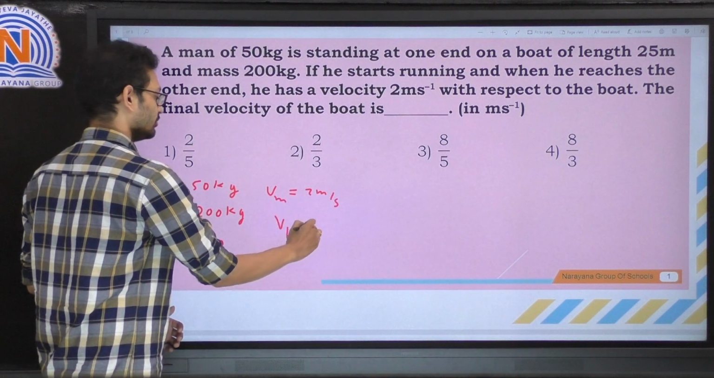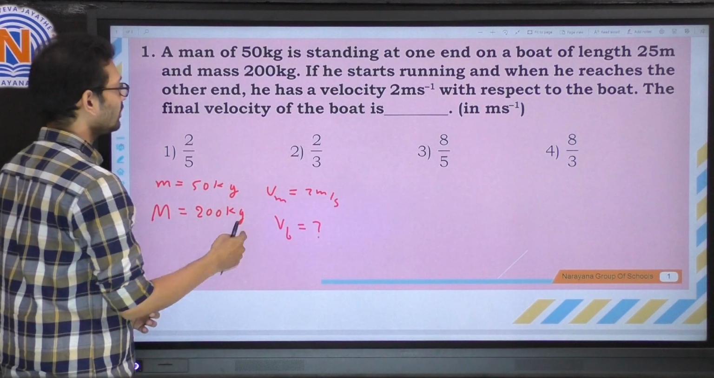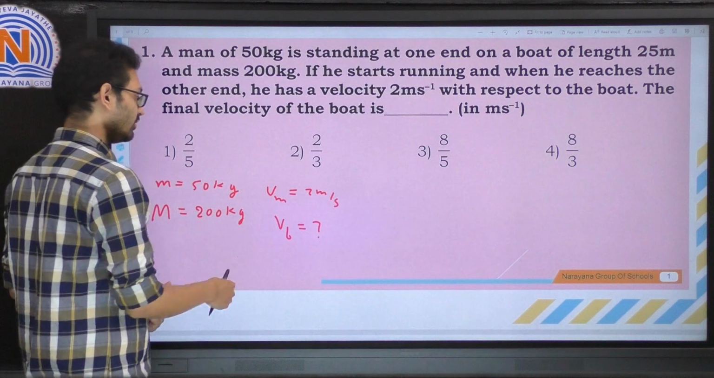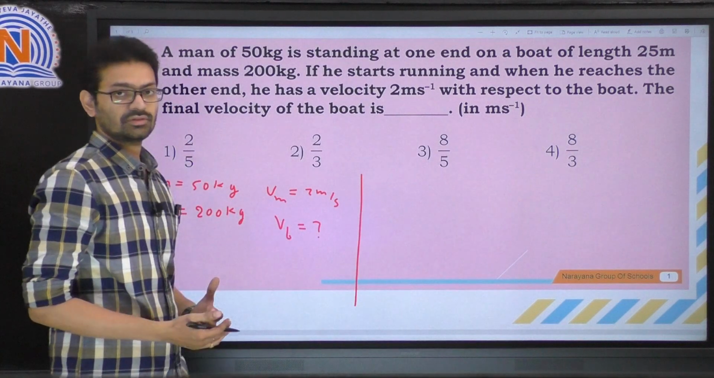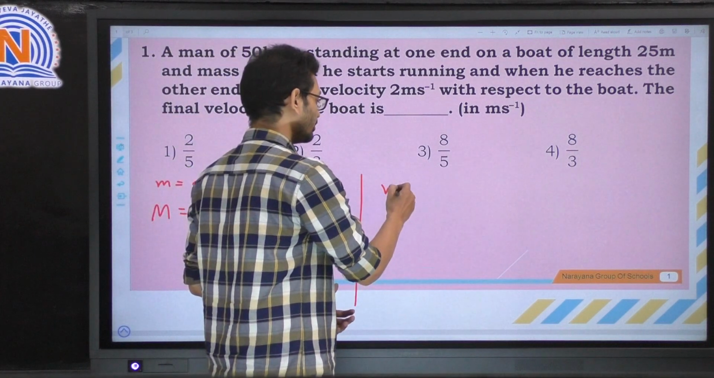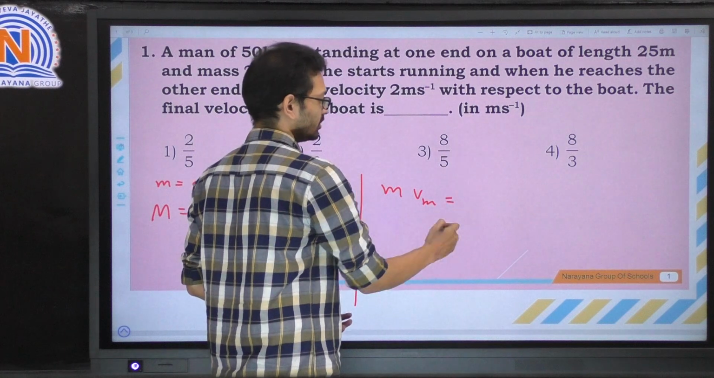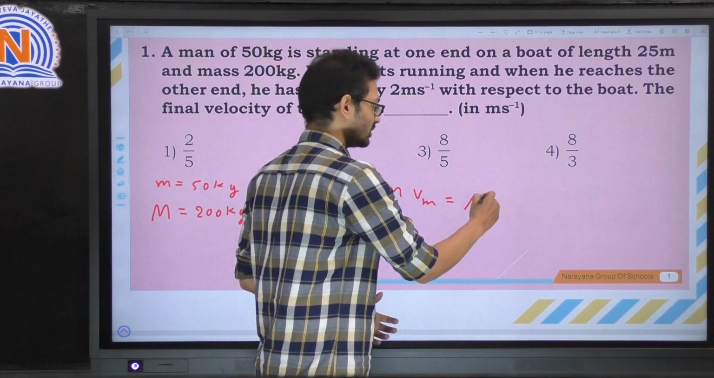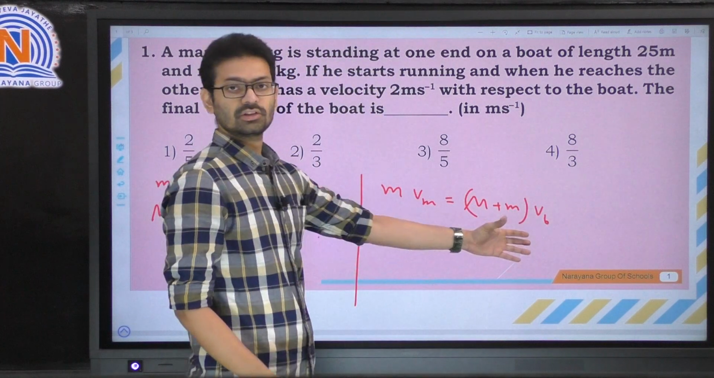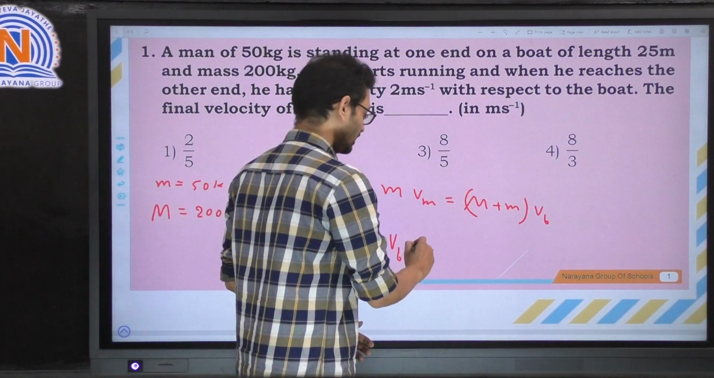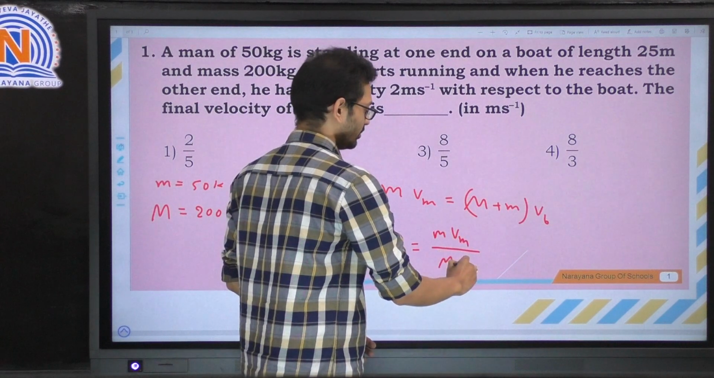Now the velocity of the boat we have to find out. So with respect to the boat, the final velocity of the boat is question mark. To find the final velocity of the boat, you equate this with the law of conservation of momentum. The law of conservation of momentum is: mass of the man into velocity of the man equals the total system, which is capital M plus small m, into Vb. If you want to find the velocity of the boat, you can easily write Vb equals small m Vm by capital M plus small m,